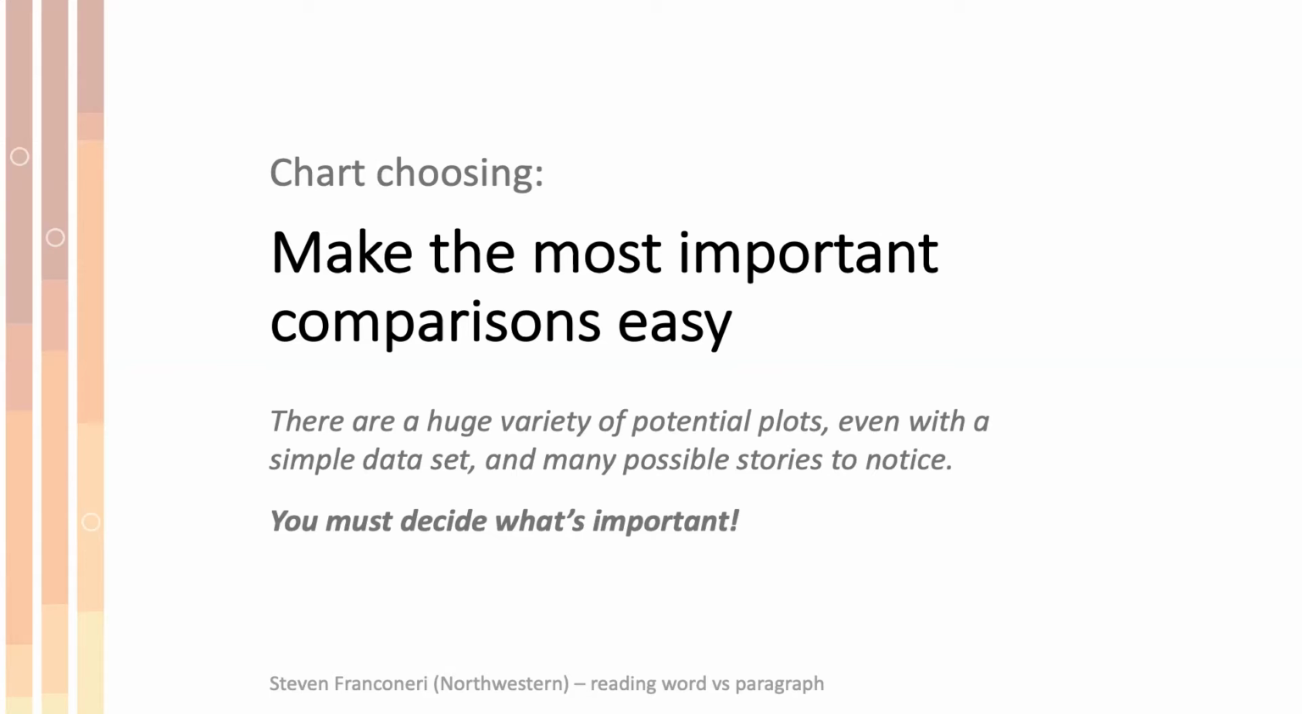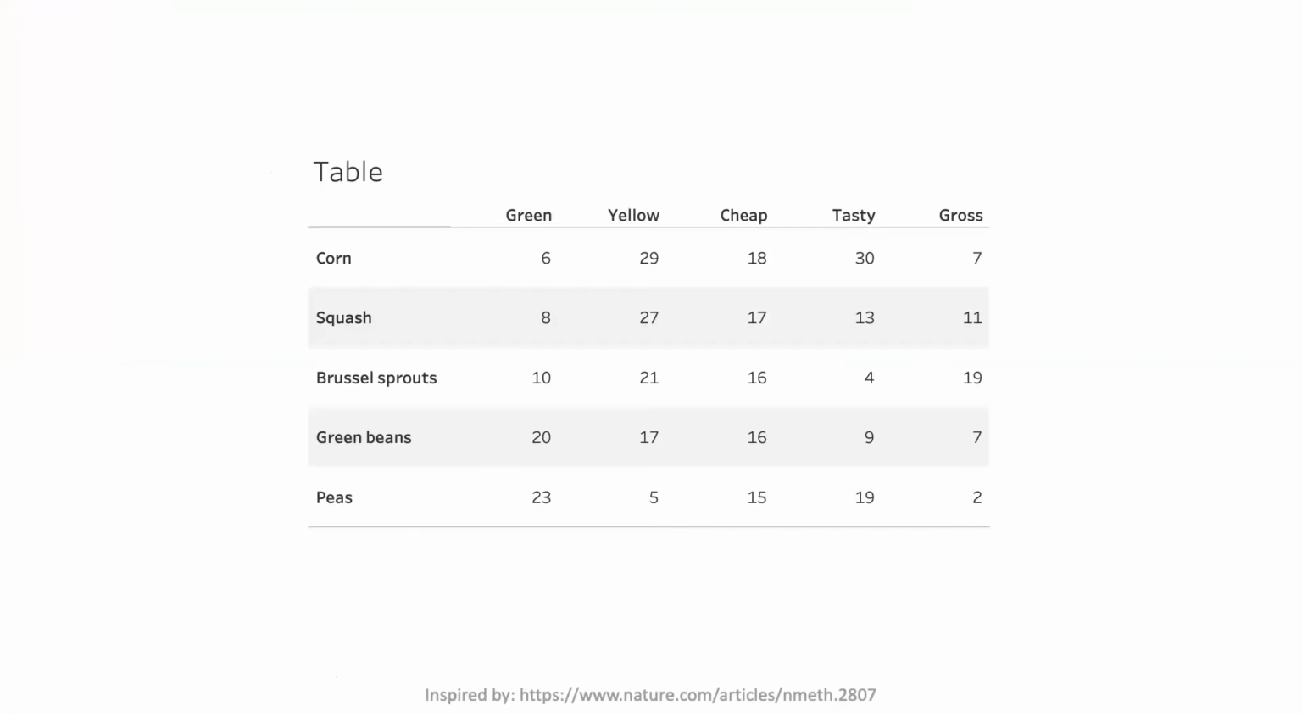So you need to make some decisions about which comparisons are the most important for your audience to perceive in the story you're trying to tell. And so the way I'm going to illustrate this is by looking at a really simple data set. This is kind of inspired by a Nature Methods article where they just had 5 different items in 5 different categories. I'm trying to make it a little more concrete by saying maybe we have 5 different vegetables